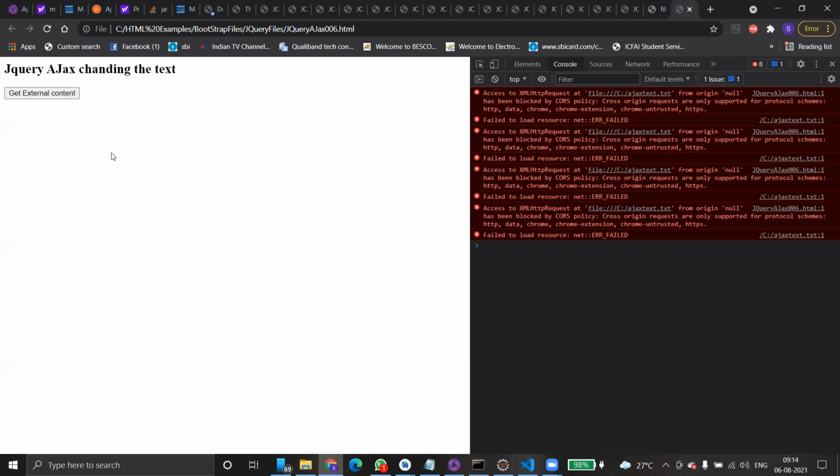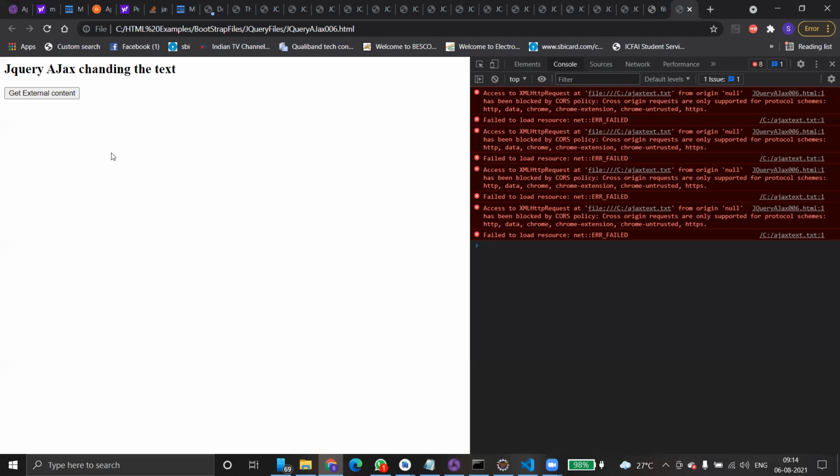And apart from that, what are the other methods we have? We have so many methods under Ajax. Ajax get and post methods are there. By using these methods you can request data from the server with HTTP get and post. What is the difference between get and post?